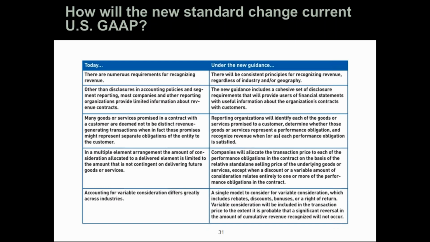So the 600-page standard is full of examples. It's full of nuances. In the hour that we've had, we hope that this has provided you with at least a broad overview of how the five-step process works and some of the basic concepts. But to the extent that you think some of these issues may represent some complexities that you're going to need to be dealing with, there's an awful lot to it, and you want to begin those conversations internally and with your accounting firm sooner rather than later.